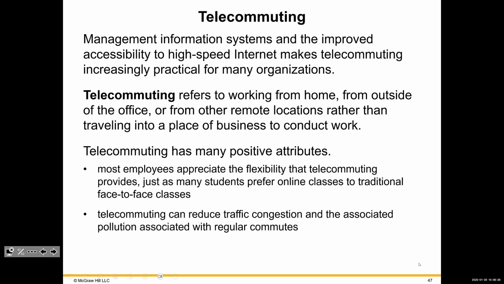Telecommuting, right? Where you work from home or you go to other places to conduct your business. I see a lot of people going to coffee shops. I can't work if a lot of people are around. But I do see a lot of people going to coffee shops to work, or I see what they call satellite campuses for certain jobs, where you have to go to this location or that location to do it.